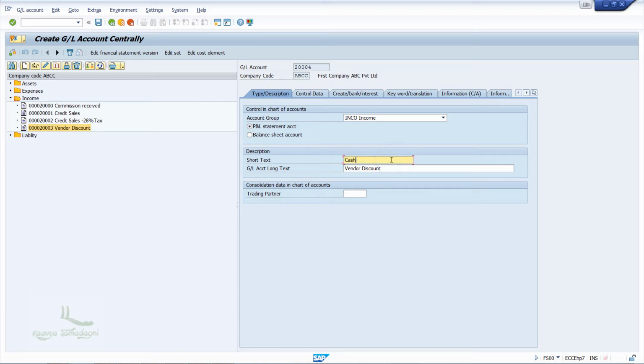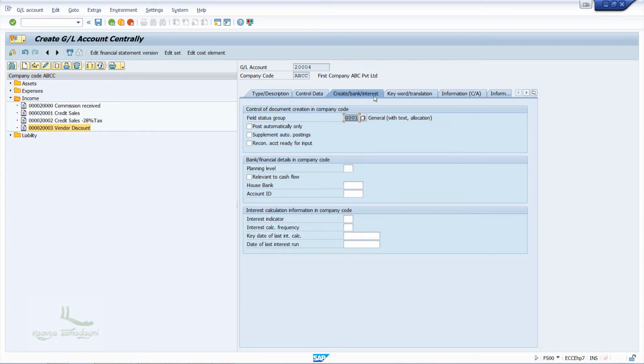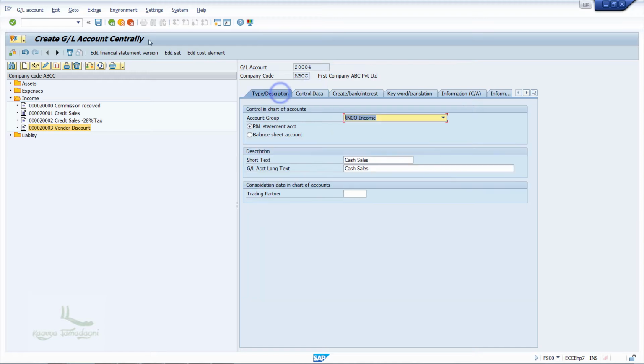Now, rename the account to cash sales account and click on save button. Here, click on the control data and make sure to select post automatically and relevant for cash flow is checked. Okay, and then you don't have to make further changes, just click on the save button. So guys, this completes our activity of creation of GL accounts.